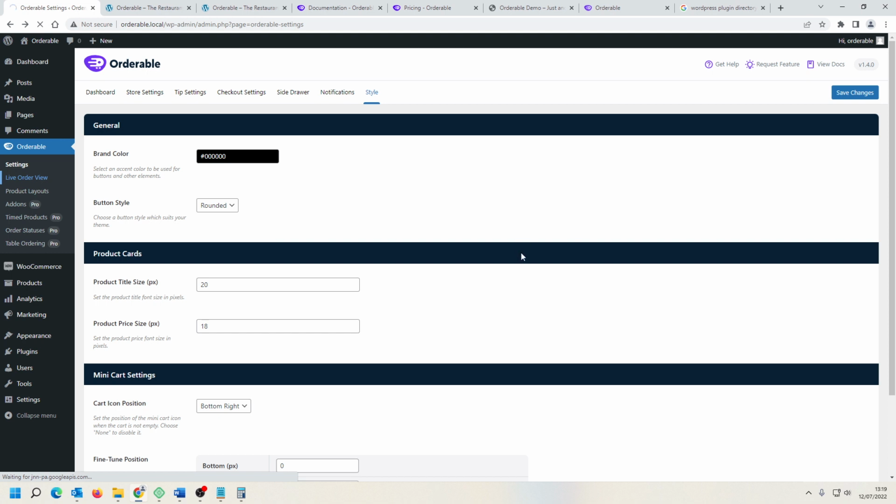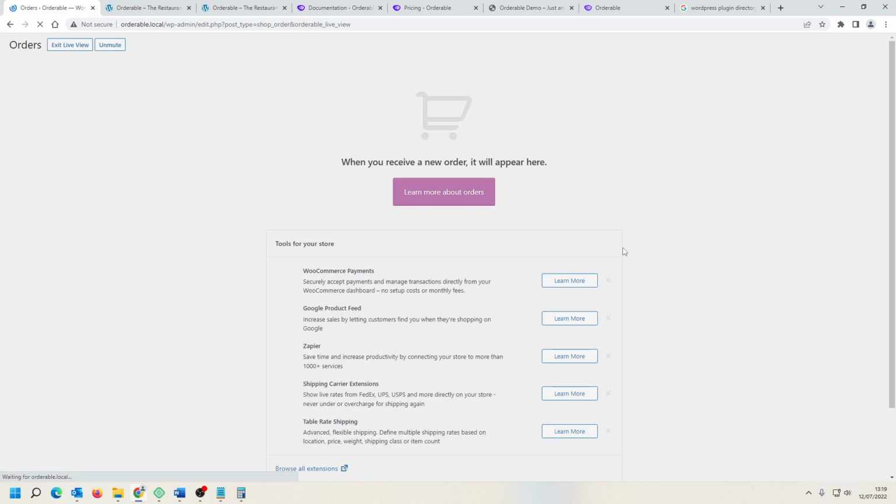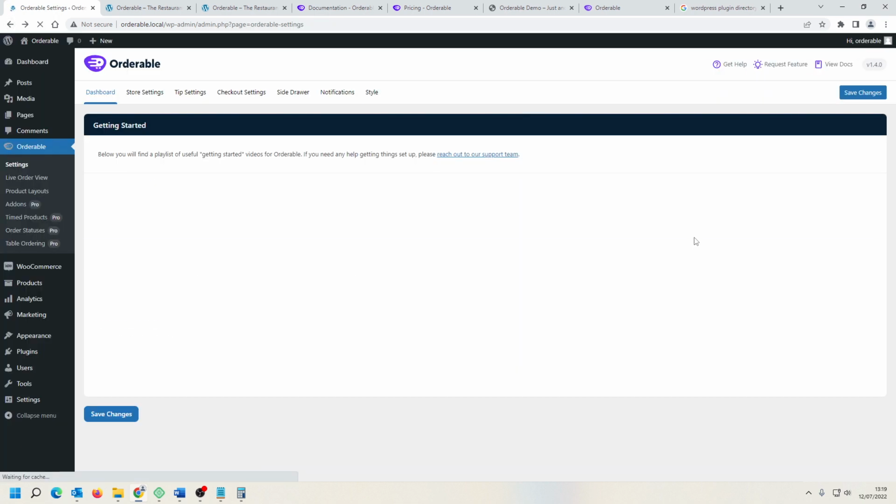There'll be nothing there at the moment because we've got no orders in, but this will be a screen that you can have showing in the kitchen. We've got an iPad mounted on the wall, or it can be at a service station and have a printer set up so it prints automatically to the kitchen. Product layouts,